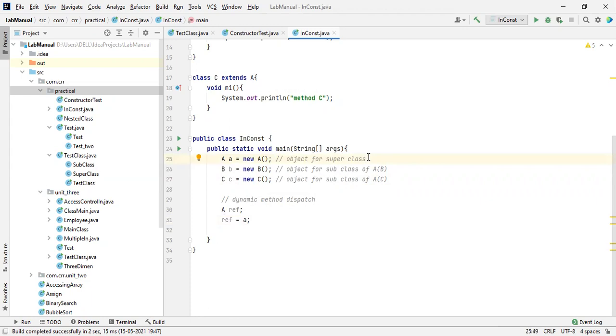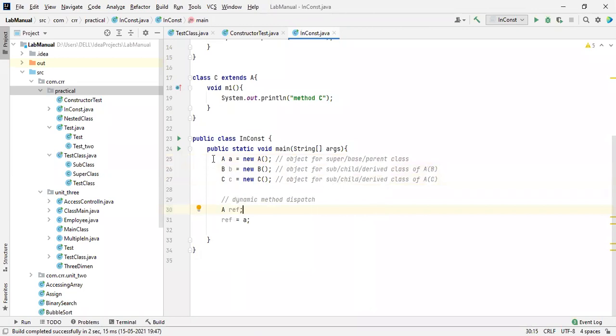The parent class, superclass, and base class, all these words are the same: super, base, and parent class. These are the subclasses, also called child class or derived class. All these three words are the same in the sense of a subclass.